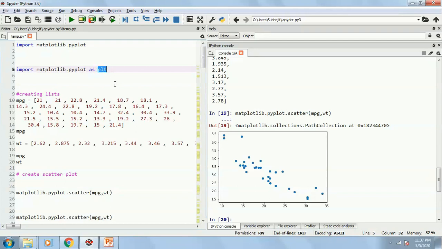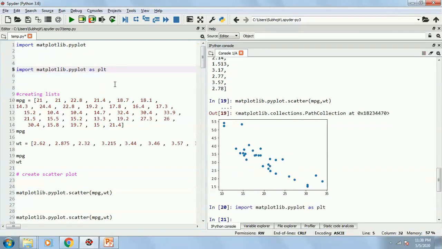You can even write any other name, like maybe John Cena. Any name you can write, but usually data scientists use the standard notation plt, so I'll also be using plt, but otherwise any name works over here. I will import it as plt.